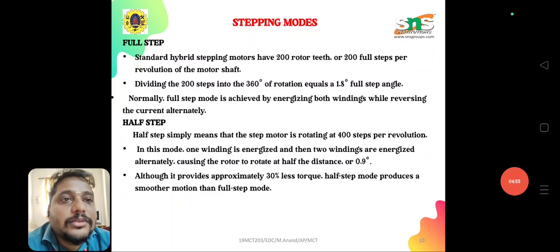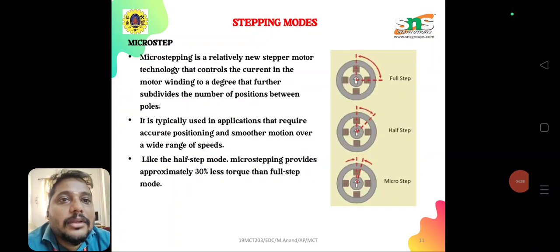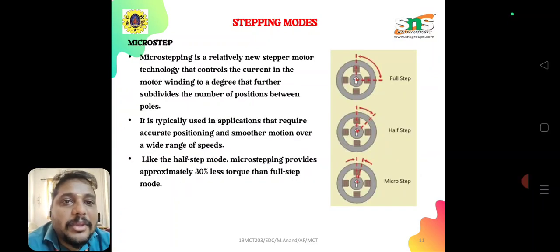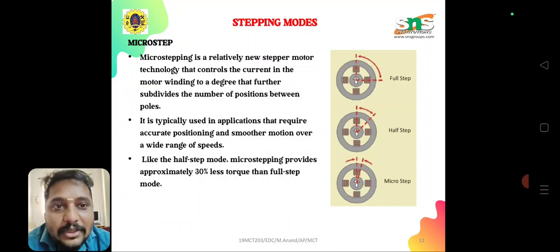And then microsteps. The stepping modes include full step, half step, and then micro step. What is microstepping? Microstepping is a relatively new step motor technology that controls the current in the motor windings to a degree that further subdivides the number of positions between poles. It is typically used in applications that require accurate positioning and smoother motion over a wide range of speeds, like the